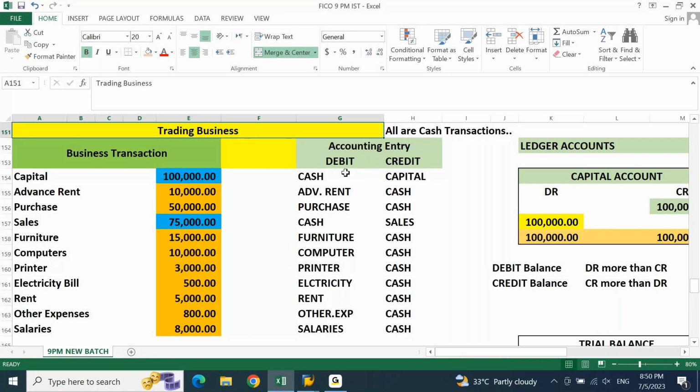Nobody is going to ask you what is the full form of SAP. Nobody is going to ask you what is the full form of ECC. Nobody is going to ask you who implemented SAP, how many years old SAP is, what are the advantages of ERP, who are the competitors of SAP.